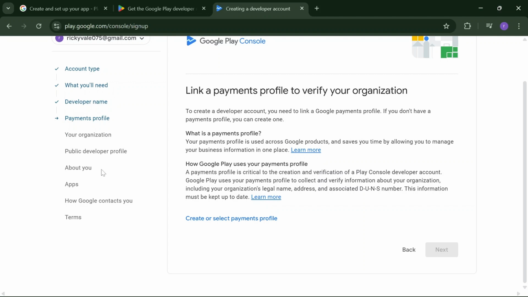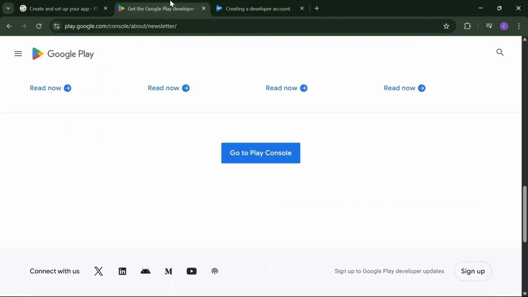and write something about you and apps if you previously uploaded one, or if you have ready apps, those details. And after that you have to give how Google contacts you. You have to give your contact information, and you have to accept the terms and conditions after that. And after that you can just select your game,